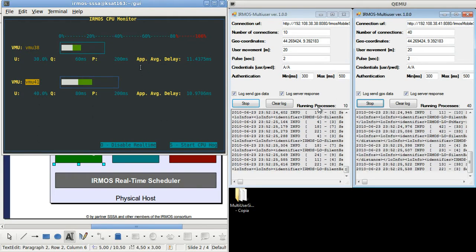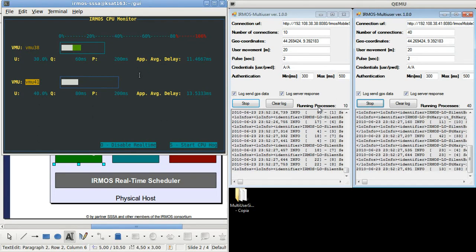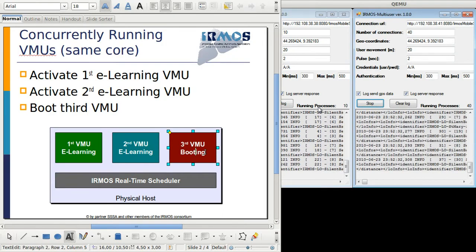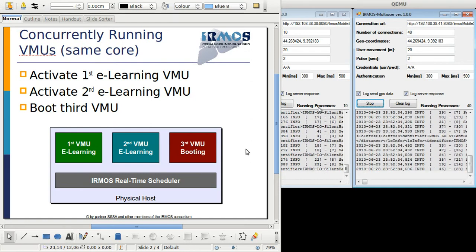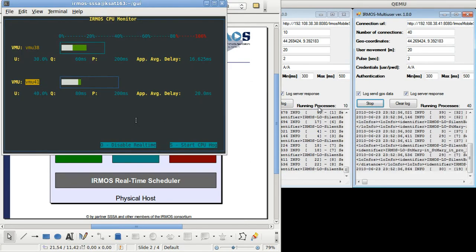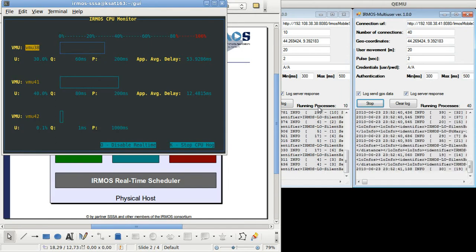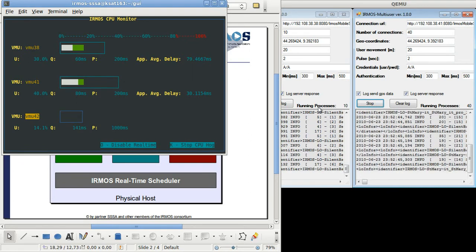We can highlight even more the temporal isolation effect by simulating the startup of a third virtual machine that is executing a boot operation. The boot operation is a very CPU intensive operation for a virtual machine, so we start this virtual machine by providing it with a minimum level of resources.